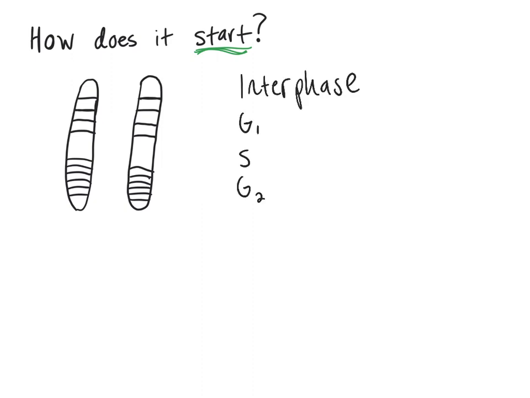One of the most important phases of interphase is going to be the S phase, because that is when the DNA actually is synthesized and copies itself. So remember, our cells are normally diploid, meaning there's 2 of every chromosome. So what I have here are a pair of, let's say, chromosome lucky number 7.